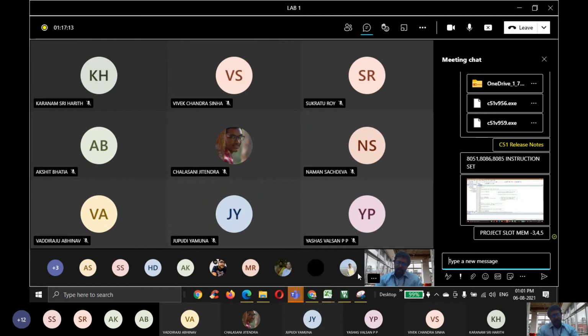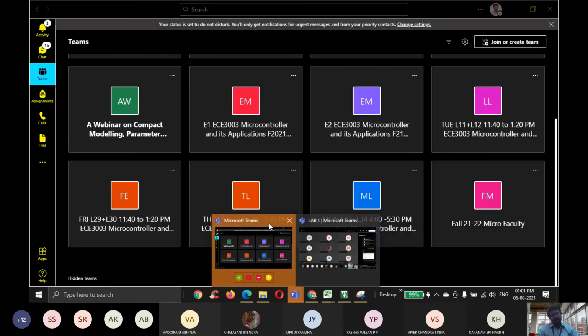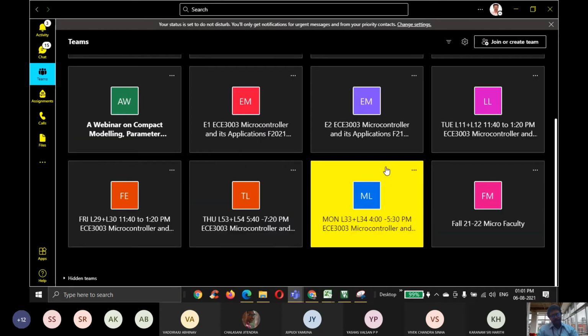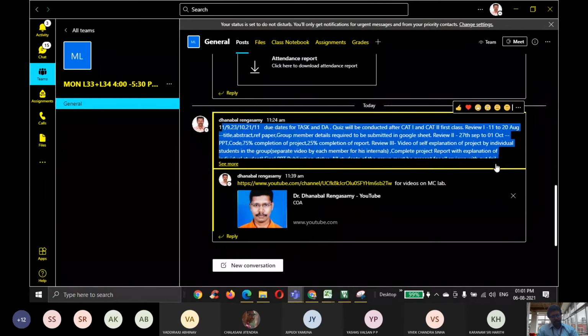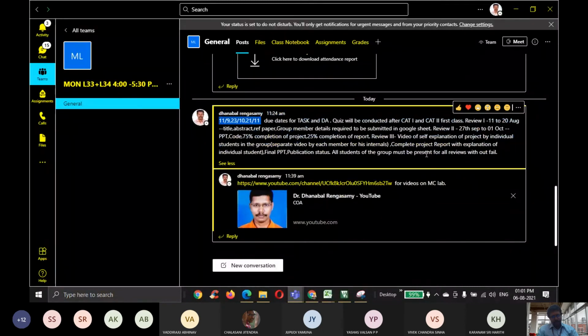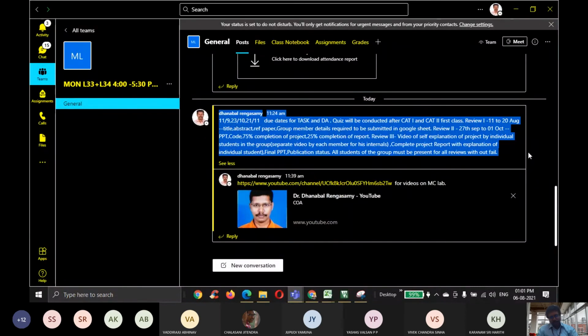Okay, I have already shared the deadlines for giving the reviews. Sir, is it theory slot or lab slot? In the lab slot. The project slot is equivalent to the lab slot.